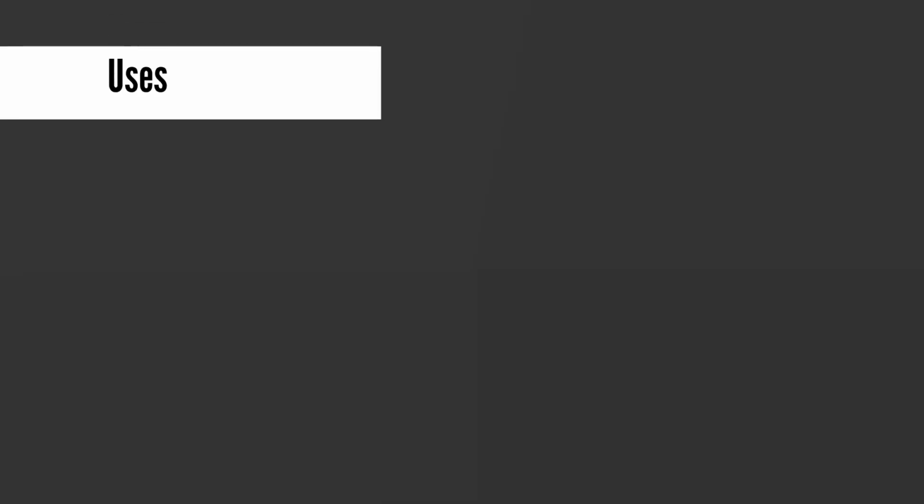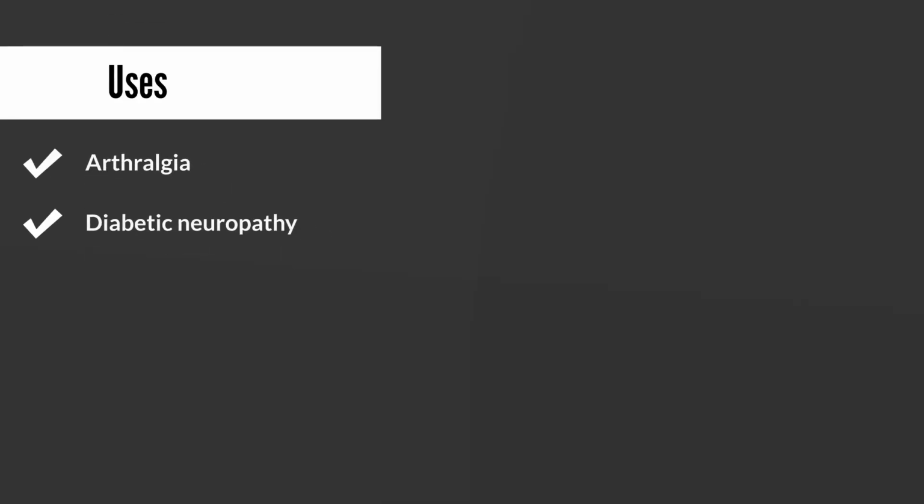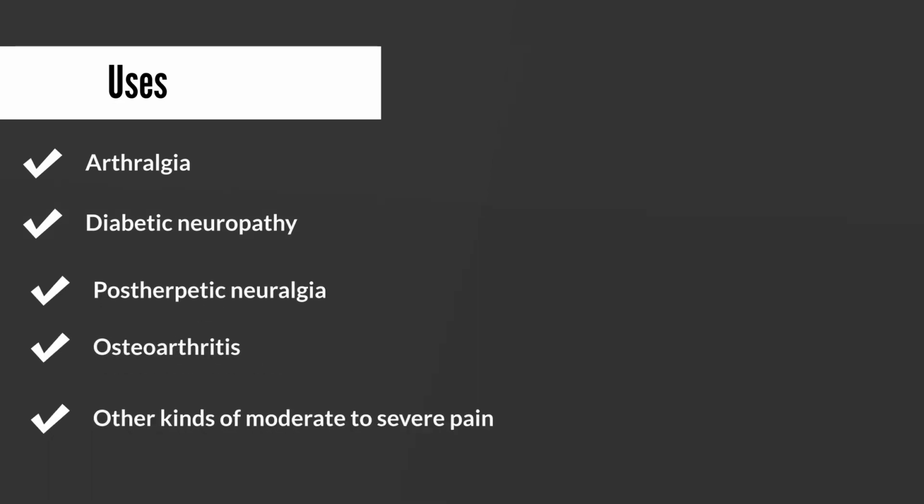So as mentioned earlier, Tramadol is basically a pain reliever. It is used for different kinds of pain like arthralgia, which is simply joint pain, diabetic neuropathy, postherpetic neuralgia. This is a condition that affects the nerves. It's typically a complication of shingles and chickenpox, osteoarthritis, and a whole lot of other kinds of moderate to severe